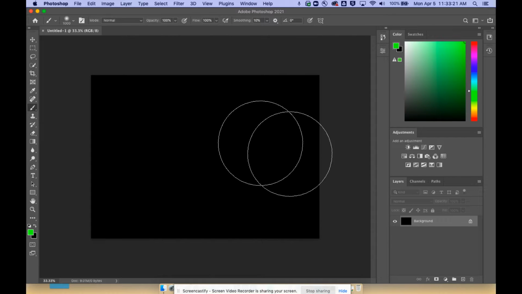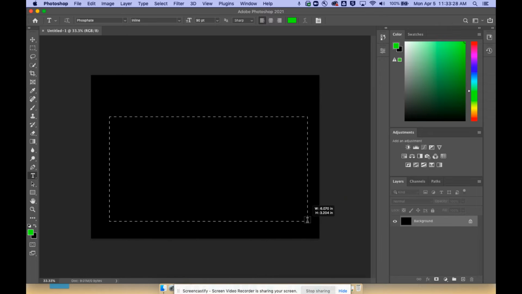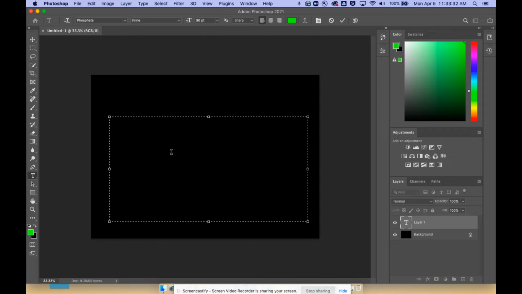So first thing we need to add on our black background is our text. So we're going to click and drag using the text tool. We're going to make a text box. It's going to automatically put something in there. You can delete it right there and type your name. So I'm going to type my name, 2 lines,